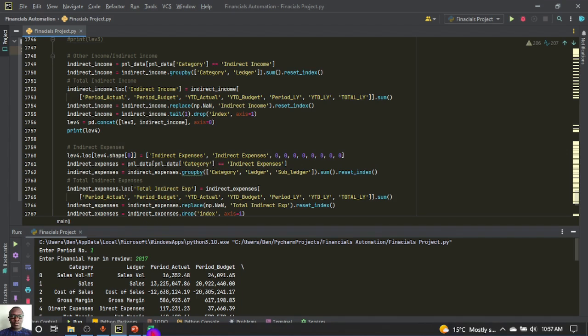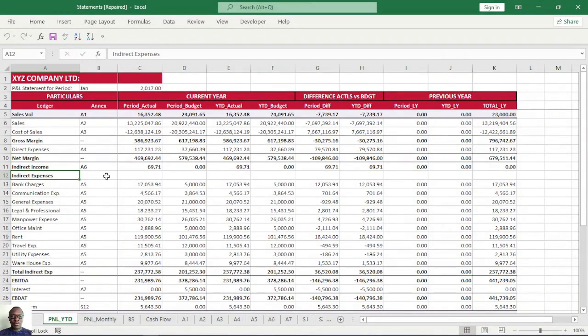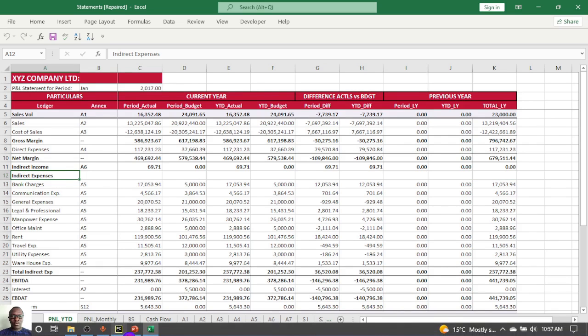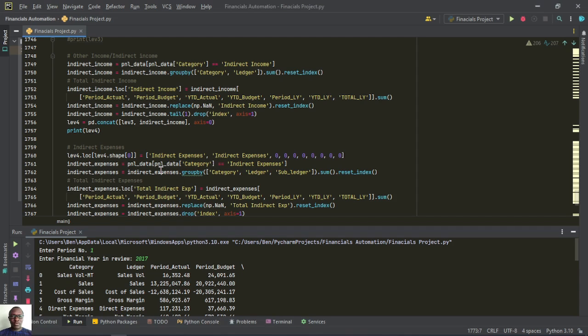Excel workbook. When you check down here, we have indirect expense, just after indirect income. So we have here indirect expense as a total with the blank row from period actual to total last year column. So that's why when you check on our code, you can see here we've said that level 4.loc, level 4.shape in square bracket 0, then the bracket is equal to indirect expense,